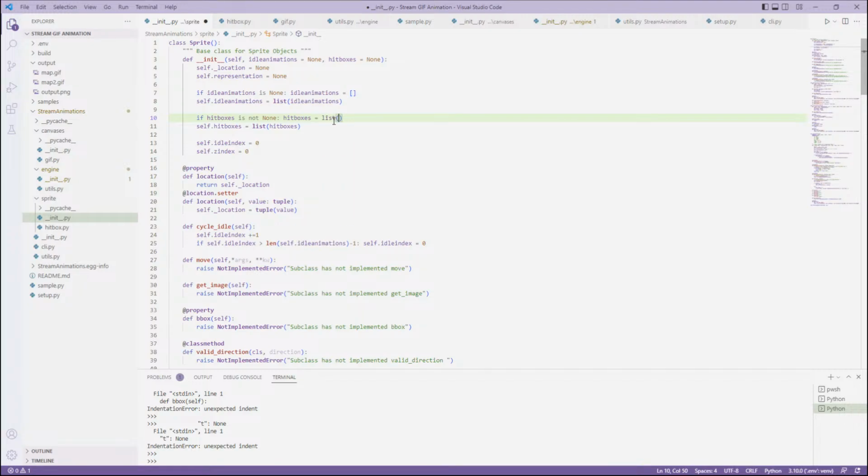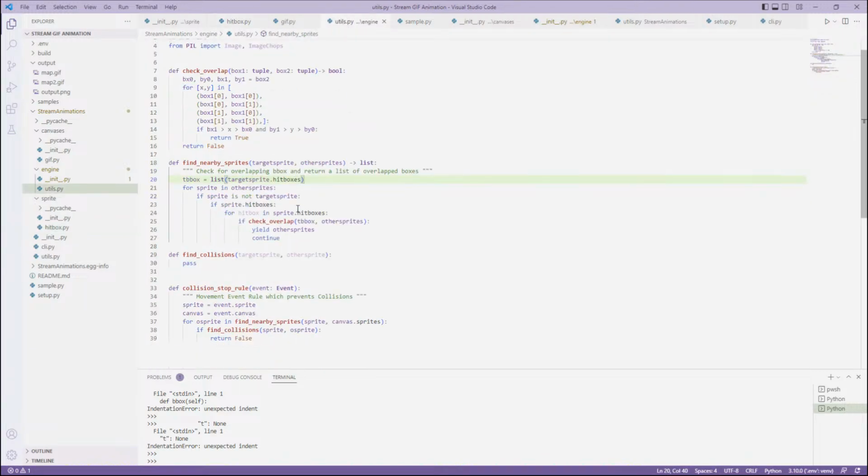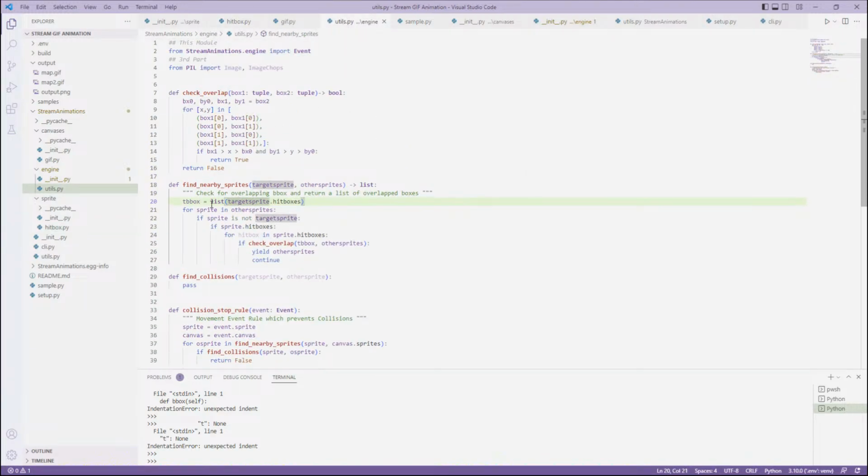Hitboxes equals list hitboxes, and then this will preserve the none. So now we know whether or not they're hitboxes instead of me checking the other way. So now hitboxes can be none instead of an empty list. I had it as an empty list just because that makes it easier to iterate over. But since we care whether or not hitboxes exist at all,